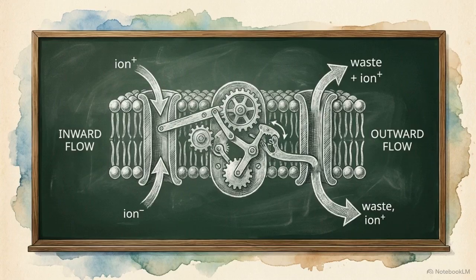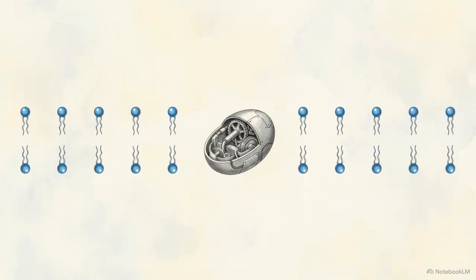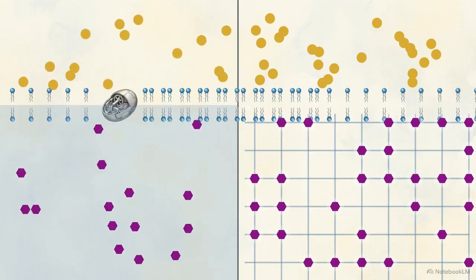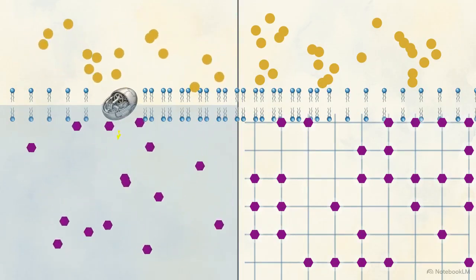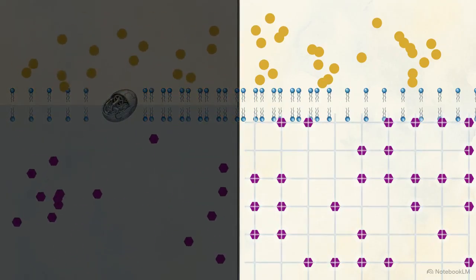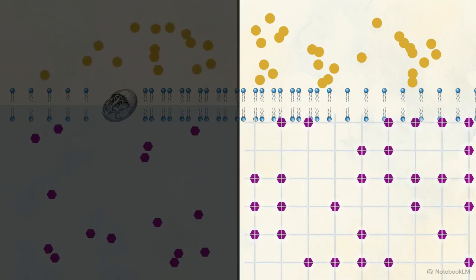To reconcile the fluid model with these observed gradients, standard biology adopted the membrane pump theory. The membrane pump theory posits the existence of constant, energy-consuming active transport mechanisms like the sodium-potassium ATPase pump. The sodium-potassium ATPase pump is a specific protein complex tasked with moving sodium out of the cell and pulling potassium in. This creates a strict dichotomy in how we understand cellular physics. We either accept a model requiring active, continuous transport against physical laws, or a model where an inherent physical structure holds the elements in place.